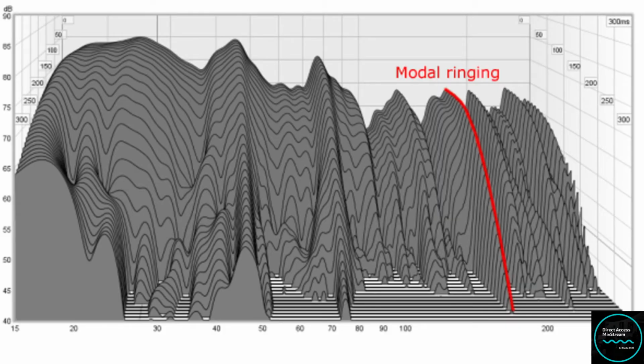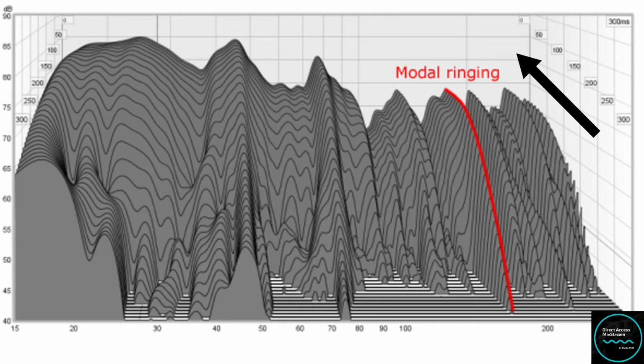They call this a waterfall display. Basically, you can use this as a measurement. So for example, at the bottom there are all the frequencies. The top is all the level in dB, and front to back, because this is a 3D display, is your time in milliseconds.